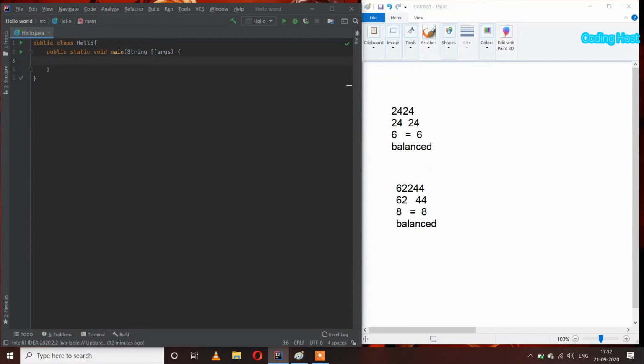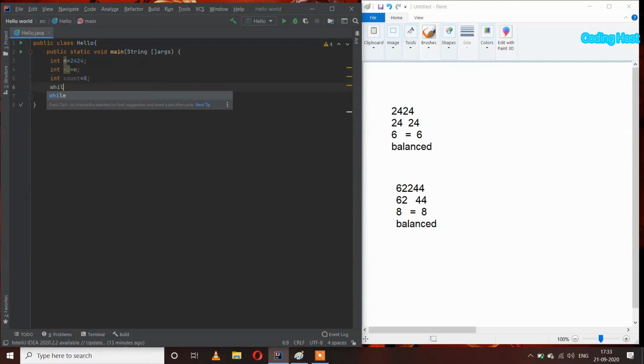So in the program I am taking a variable int n equal to 2424, and after that I will take one more variable int n2 equal to n, and after that I will take an int count variable to count the number of digits.